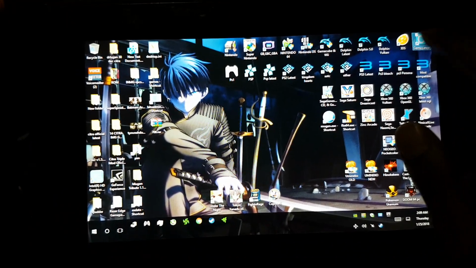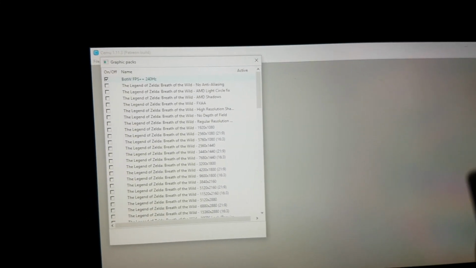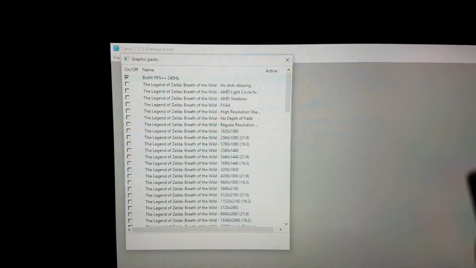So this is still the Wii U emulator, Cemu, the same version that I ran last time for this test, which was 1.11.3. Okay, and the only different thing I did was if you go into graphics packs, I got the 240 hertz,